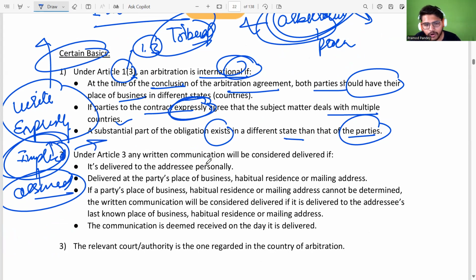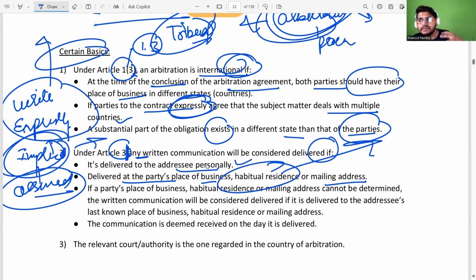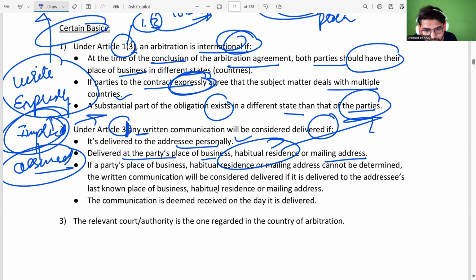Under Article 3, any written communication will be considered delivered. What they mean to say is, if you communicate anything through a written medium, it will be considered delivered if it is delivered properly to the address: at the party's place of business, habitual residence or mailing address. Habitual address is basically the place where the person mostly lives. Sometimes a person does not live at their home; they have another place, like an office, or a club or something. If you're sending the arbitration process letter to someone, the habitual place is the one where the party lives most of their time. Okay, it could be the office, it could be the home. If the party's place of business, habitual residence, or mailing address can